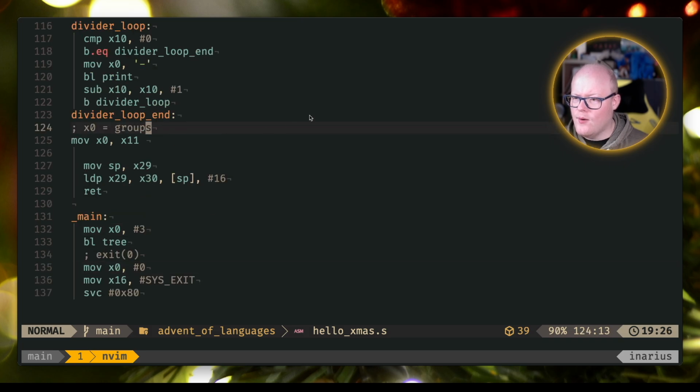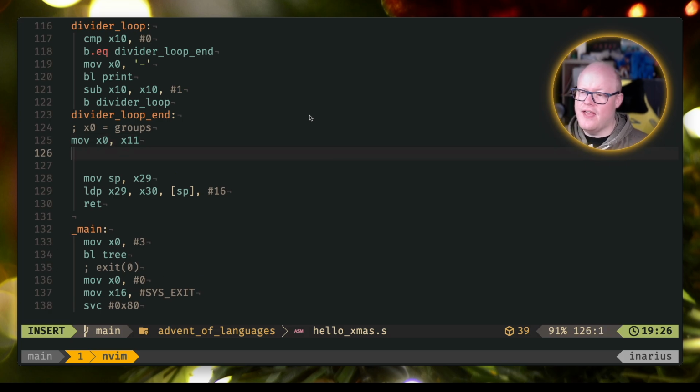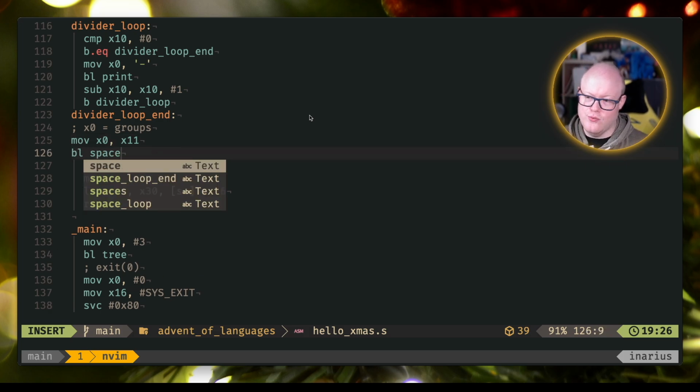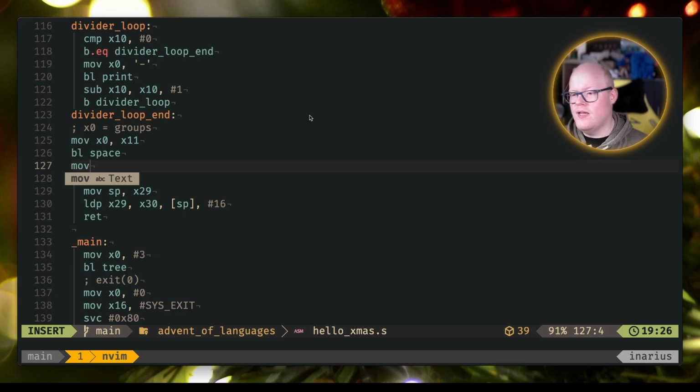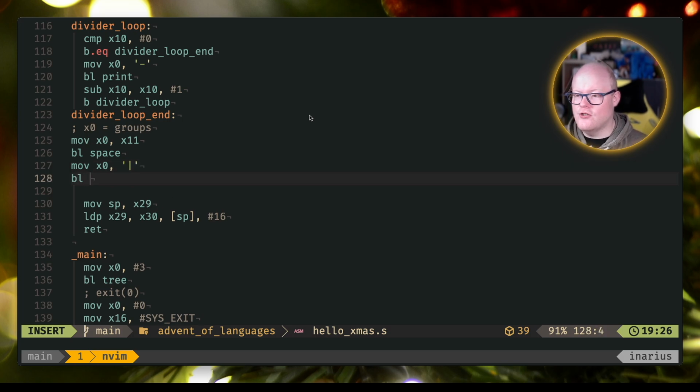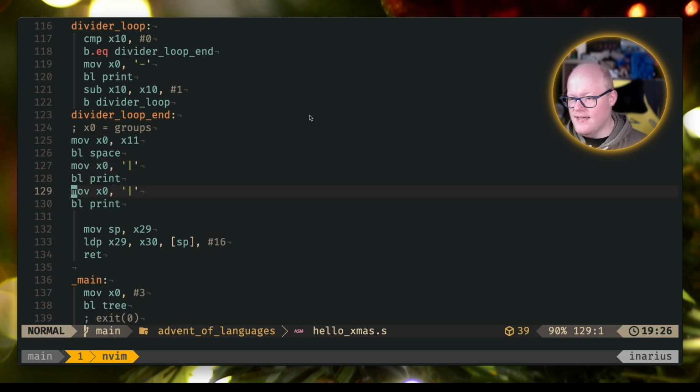Where are we? And put that into X0. Then we do a branch link to space. Then we put into our X0 this character here, and we do a branch link to print, and then we do that again,